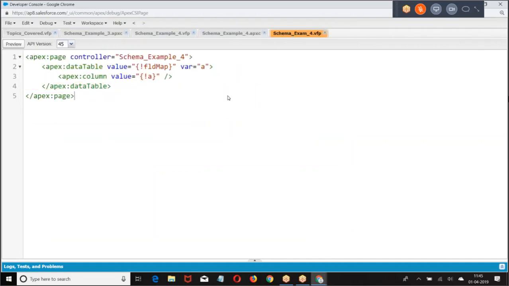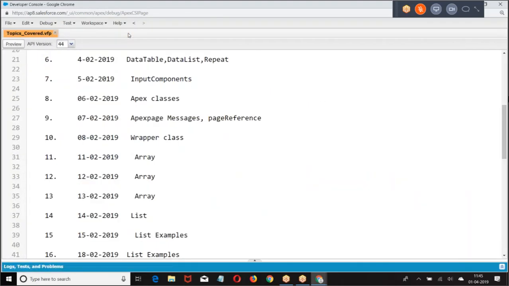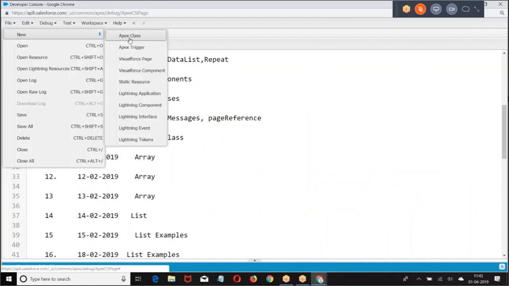I want to get the description about a field. Now if I give a field, I want the properties of a field. Previously, if I give an object, you got the properties. Now if I give a field, I want to get the properties of a field. How to get the properties of a field? Let us take the next example, getting the properties. First, let us see individually how the properties can be fetched.